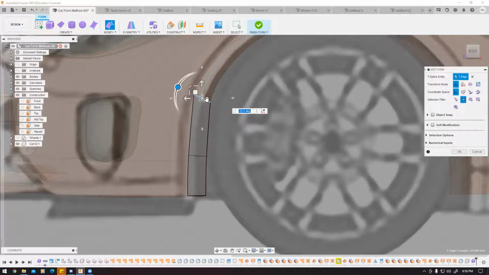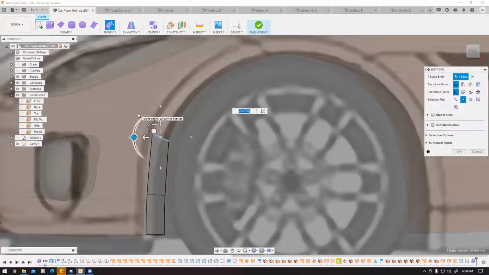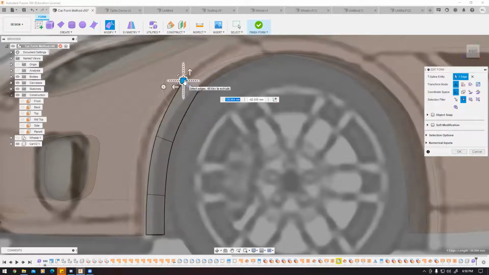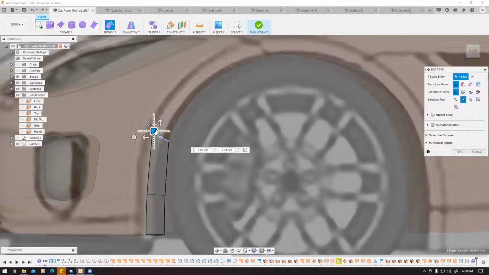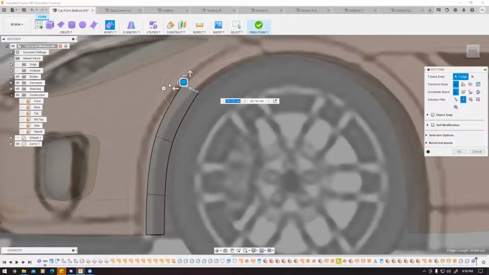Where you want your lines pointing is towards the center of the wheel where the pivot points are going to be, because it's going to be the most accurate when you start rotating it around, or you're going to get some wacky geometry like this. So let me go back. And you want to keep it fairly